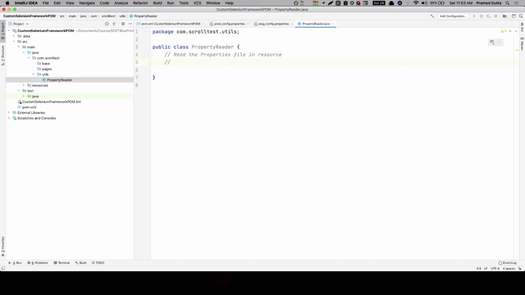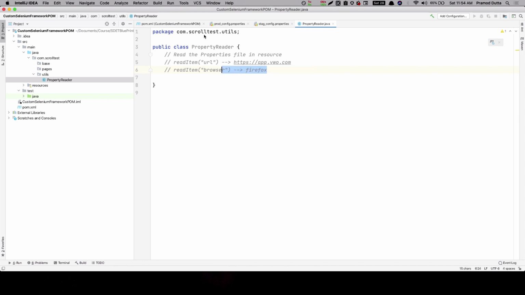It will have a function, a kind of read item, and whatever key I give it, for example a URL, it will return the value for that URL key. If I pass browser, it will give me Firefox in that case.